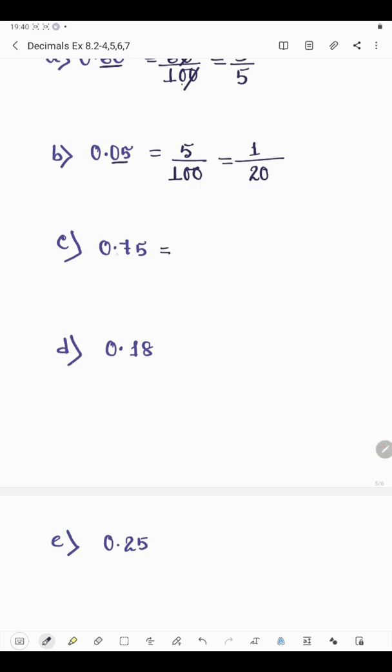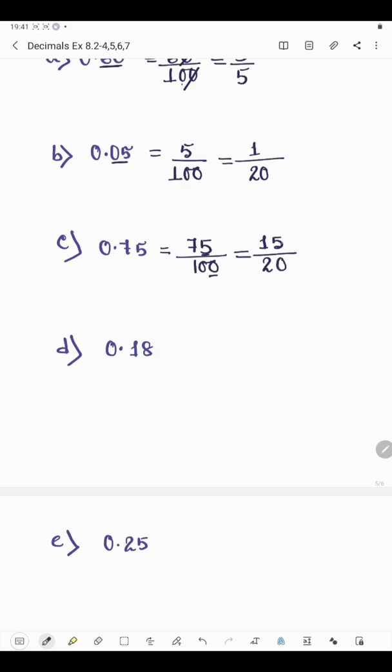Now if you remove the decimal to convert it into a fraction, it will be 75 by 100. If you remove the decimal, we'll get 75, right? And now we have got the fraction, we will write this number in lowest form. Now here we can see the last digit is 5 and here is 0. So both numbers are divisible by 5. Now 5 1s are 5, 5 5s are 25, and here 5 2s are 10 and 0.